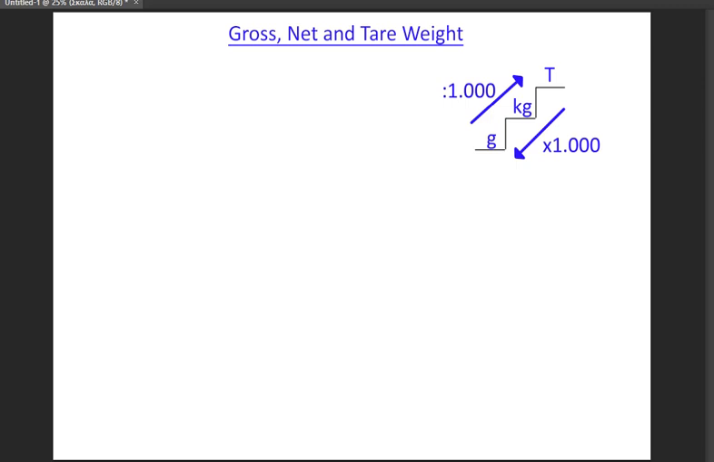Hello everyone. In today's video we will continue talking about gross, net, and tare weight. But before we continue, we first need to talk about something that has to do with units of measurement of weight. So from now on, our problems will have different units of measurement of weight. So we might have a problem that has both tons and kilograms, for example,